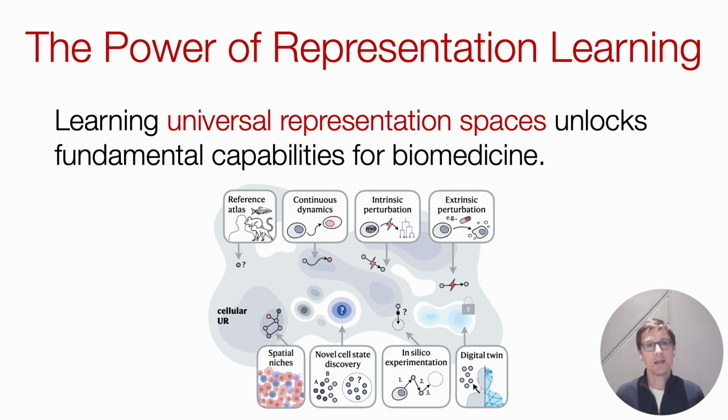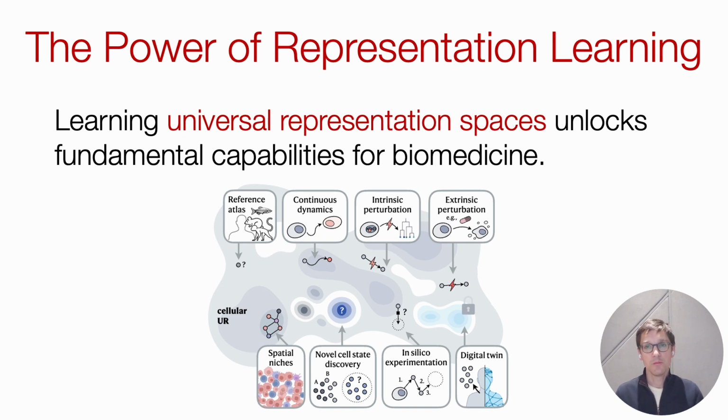The key idea here is that we want to be building what we call universal representation spaces, because they unlock fundamentally new capabilities in biomedicine. The idea is that we want to have one single universal information theoretic representation of the cell. We want to have one embedding of the cell. And this cell can be in any kind of state, can come from any organism. We should be able to create an embedding of the cell regardless of the experiment, removing the batch effects and things like that. And if we are able to take these cells and map them into one common space, then